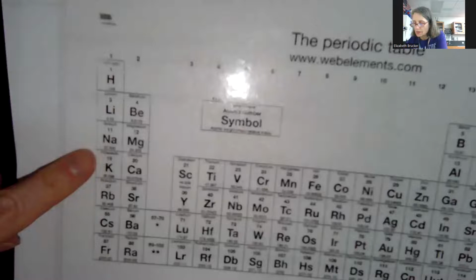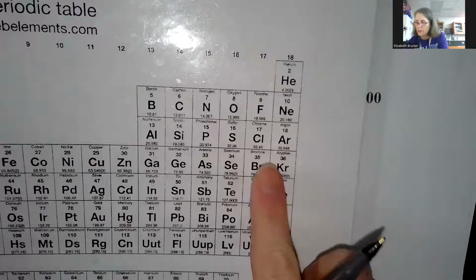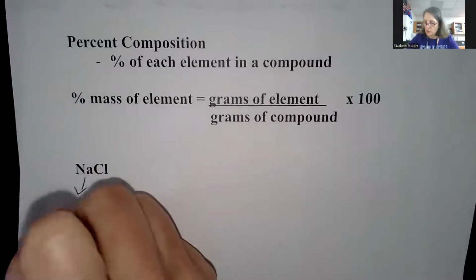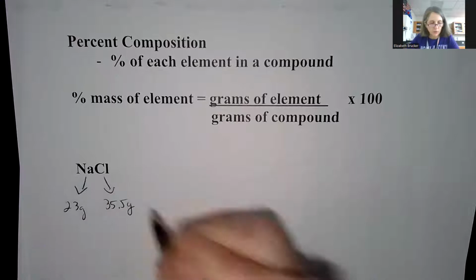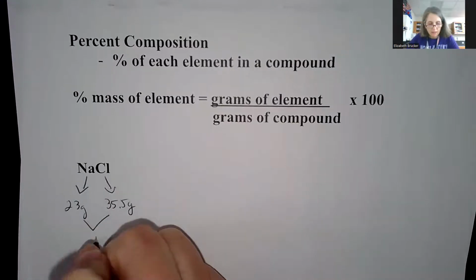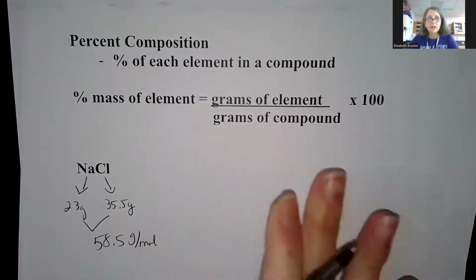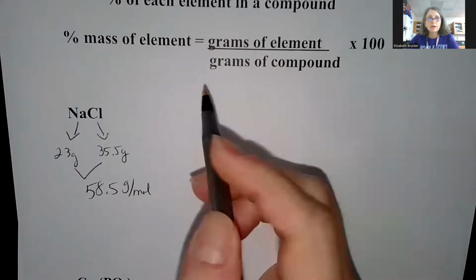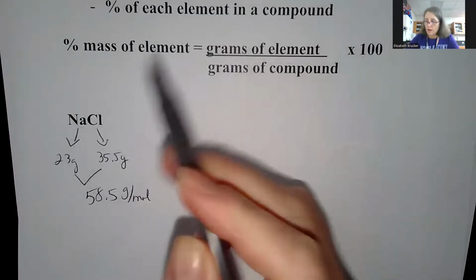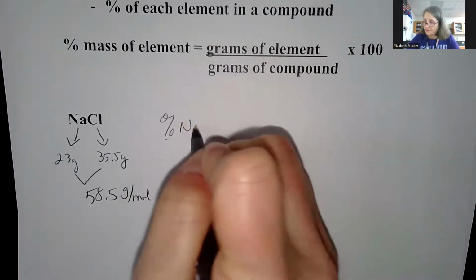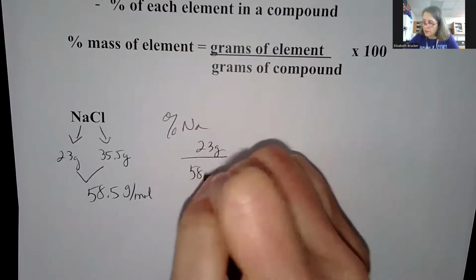If I look up sodium, we're going to round that to 23. And if I look up chlorine, we're going to round that to 35.5. So 23 grams, and this is 35.5 grams per mole. So that's going to add up to 58.5 grams per mole as the molar mass of NaCl. So again, percent is grams of element over the grams of the compound. So if I want to know the percentage of sodium, I could take the 23 grams over the total 58.5